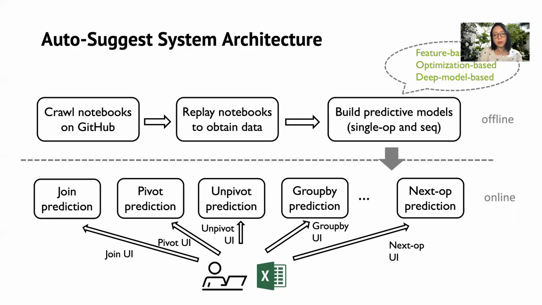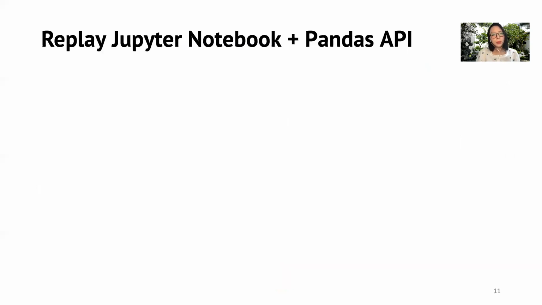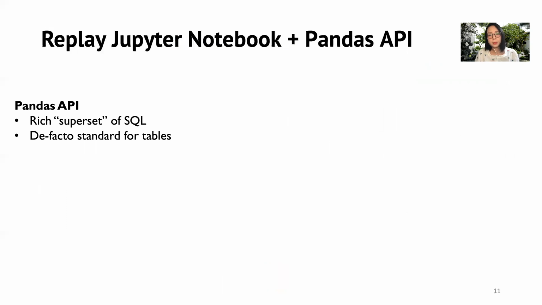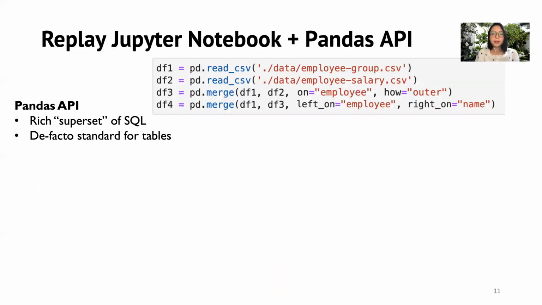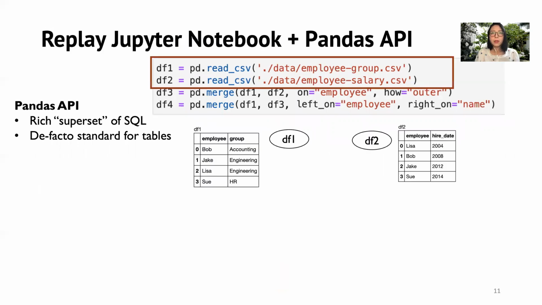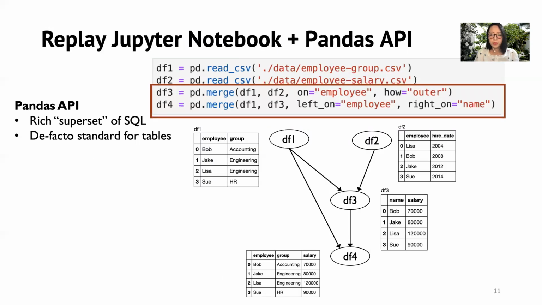Okay, now let's look at how we replay notebook first. In notebook replay, we focus on Pandas API, which can be considered the superset of SQL. This code snippet shows an example of Pandas code. Two tables, also known as data frames in Pandas, read from CSV, followed by two merge operations, which are essentially